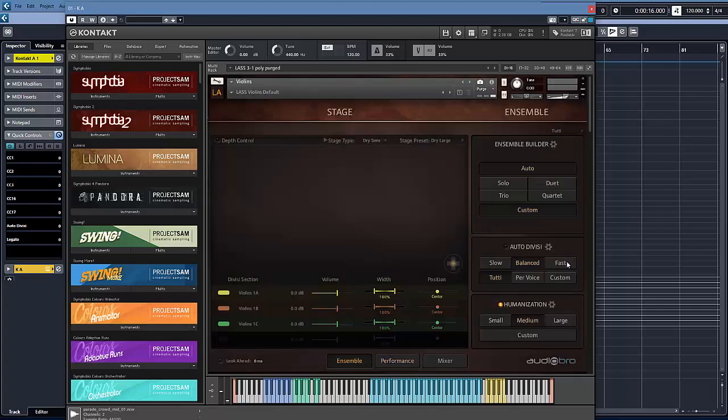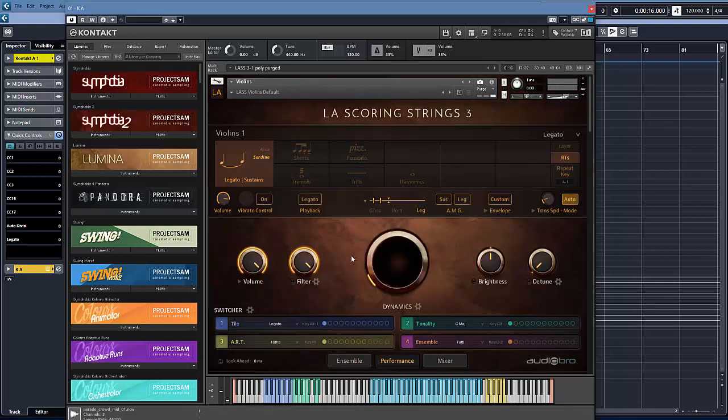This is a very quick little video to look at LASS 3, LA Scoring Strings 3, and specifically this auto-divisi section. We'll look a little at the ensemble builder and all of this going on here. And the first thing to say is, well, I'm going to use Sordinos because they sound so nice, is that there's really two controls that you need to get your head round, I think, and the rest sort of looks after itself. Unfortunately, these two controls are on different pages, and the two controls are the legato control here, and